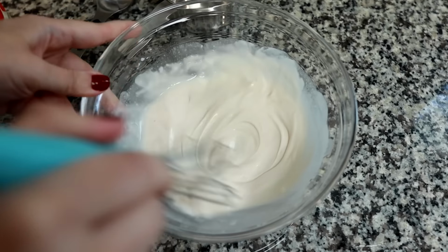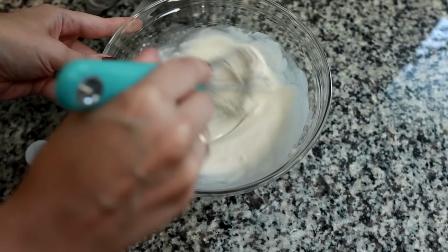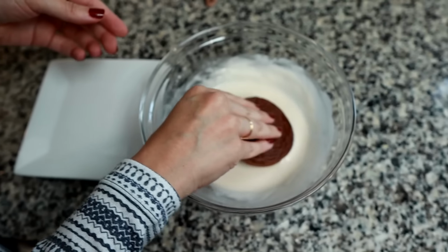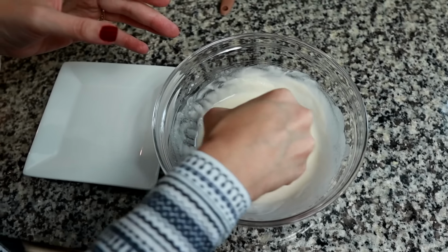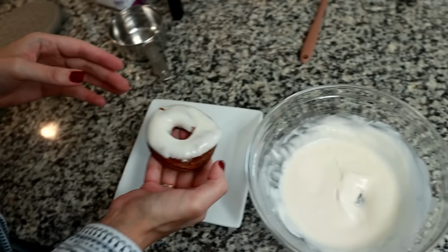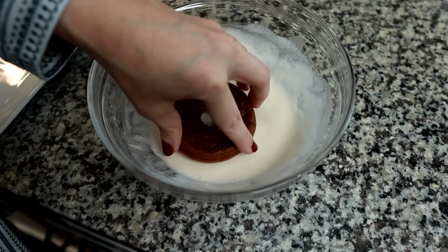So that's like, what, 2.5 tablespoons of water? Yeah, just slowly add water until you get the consistency that you want. Now what? Your idea. Maybe I won't let it go. I'll just kind of...